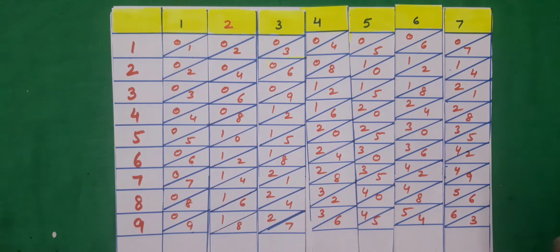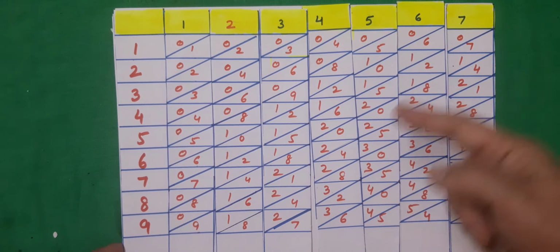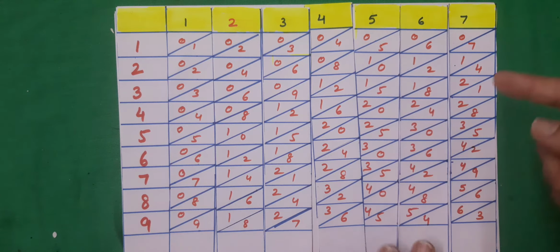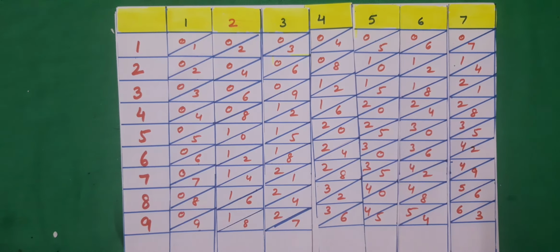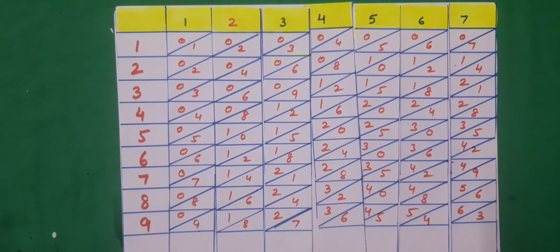Now how to write it? When you have drawn these lines in one particular direction only, that is from right to left, this upper place is for tens and this is units place. So 1 ones are 1. The tens place will never be left vacant, it won't be left blank. You will be writing 0 over there. So 01, 02, like that you are going to write.